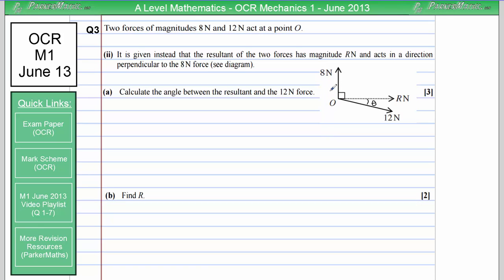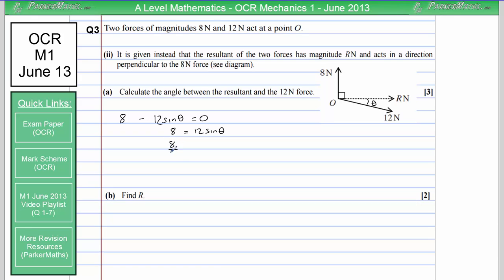Let's take upwards to be positive. So we've got an 8 newton force going upwards. If we were working horizontally, the component of the 12 newton force will be 12 cos theta because that's the angle in between the force and the direction. So if we want to go vertically in this case, we're going to get 12 sine theta. Because the component of this 12 newton force will act downwards, we want that to have the opposite sign. So we get 8 take away 12 sine theta. And because there's no vertical component in this resultant, that means this force must cancel out with this force, so that equals 0. Rearranging it gives us 8 equals 12 sine theta,